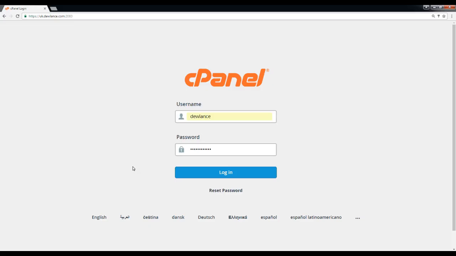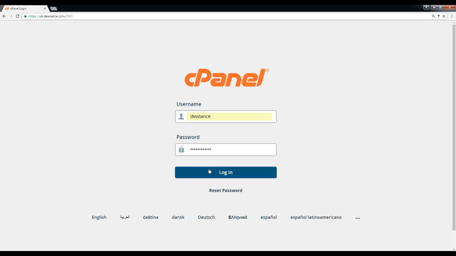Hello, I'm Kunu and today we are going to learn how to reset a cPanel account password. Some web hosting providers do not allow you to reset the password using the cPanel password reset feature. So we have divided this into two steps. In the first step, we will learn how to reset the password of a cPanel account from the cPanel area.